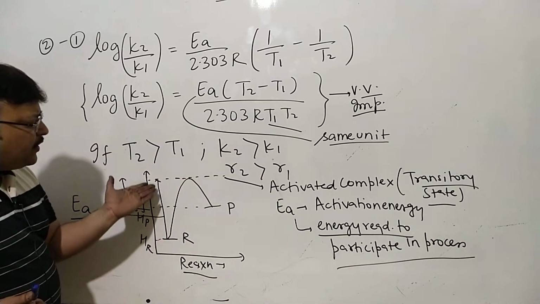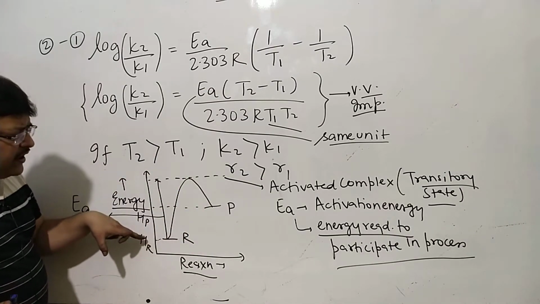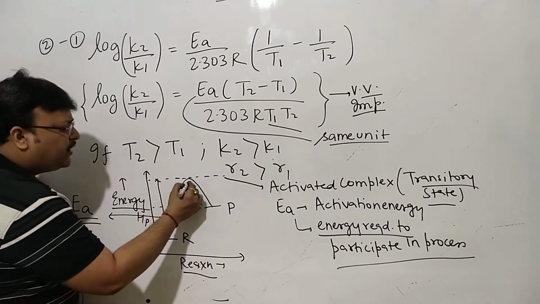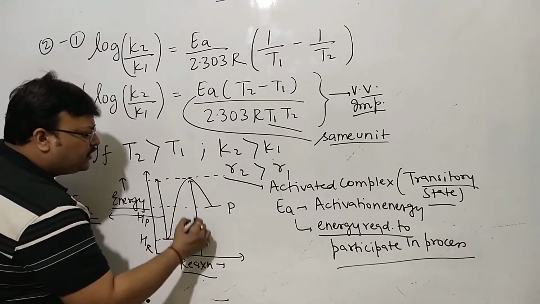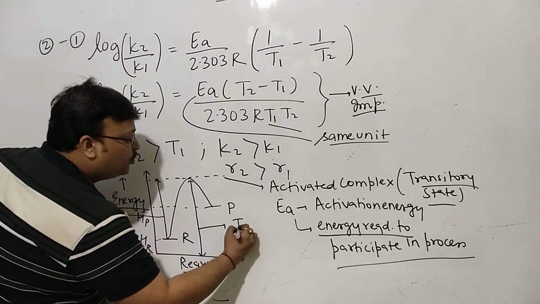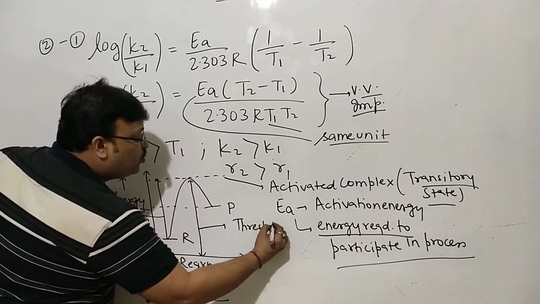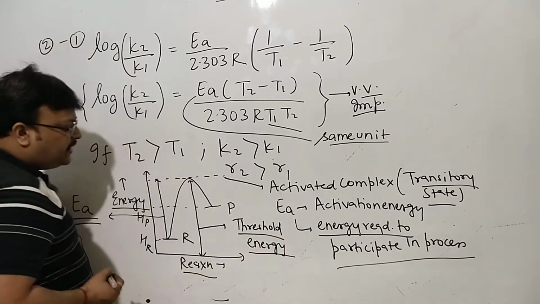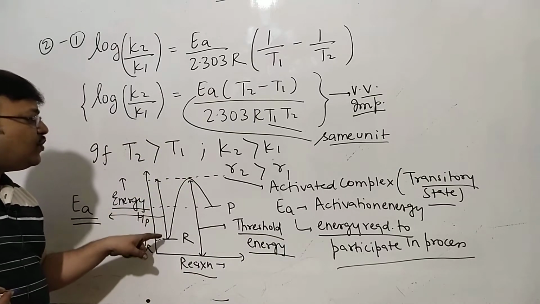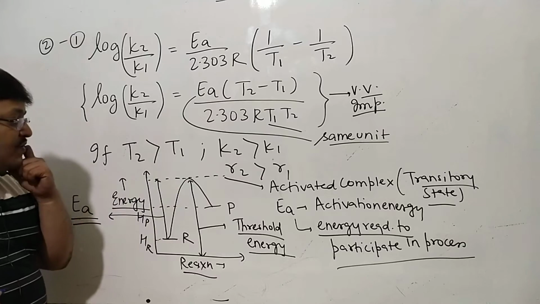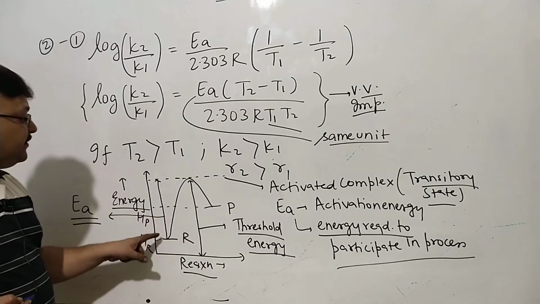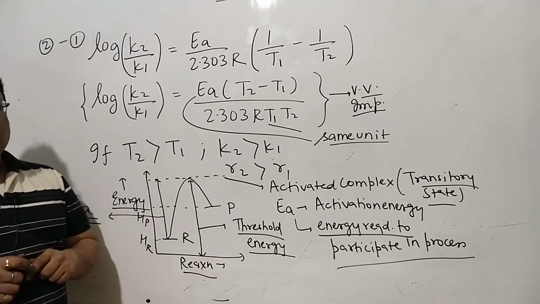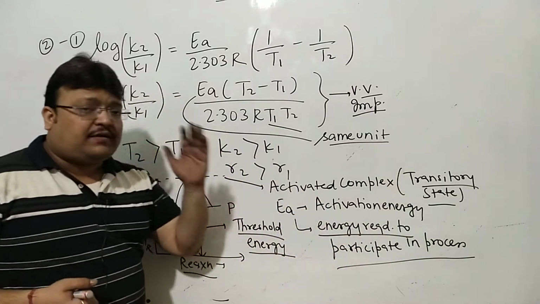So the amount of energy required, इसका अपना भी कुछ एनर्जी होगा. जो ये टोटल एनर्जी होता है, इसको हम लोग थ्रेशोल्ड एनर्जी बोलते हैं. पर रिएक्टेंट का अपना एनर्जी भी होता है. So the extra energy required to reach till this point, or to participate in the reaction, it's called activation energy, and it's the energy required to participate in the process.